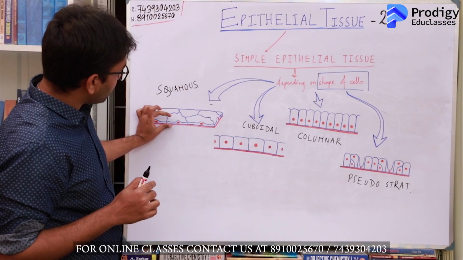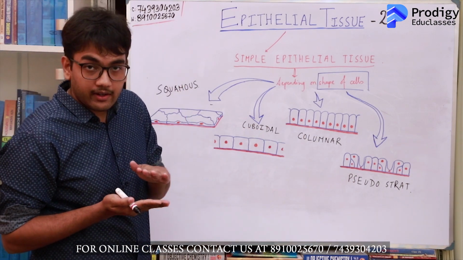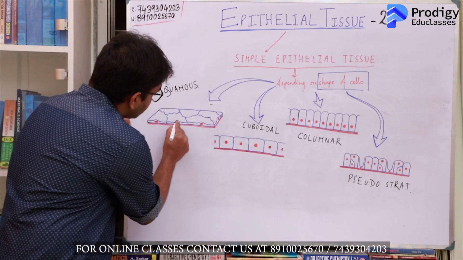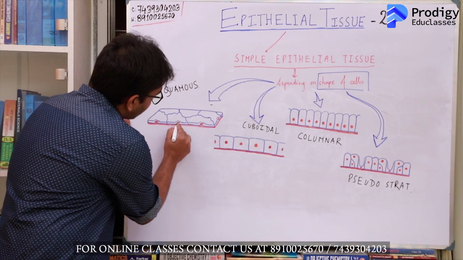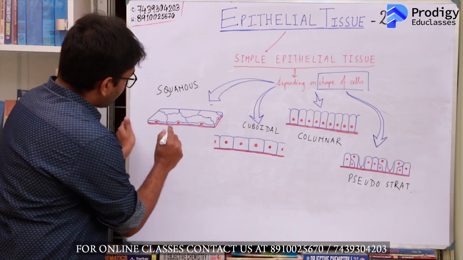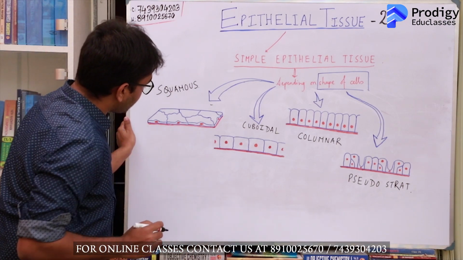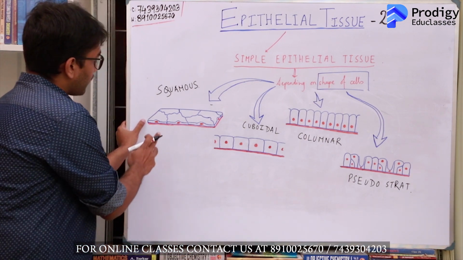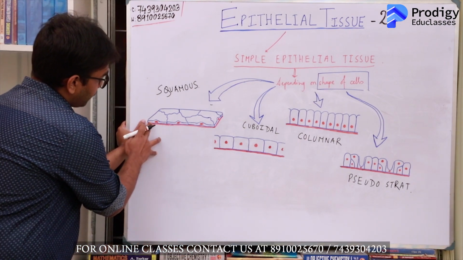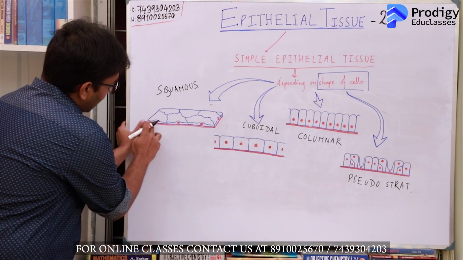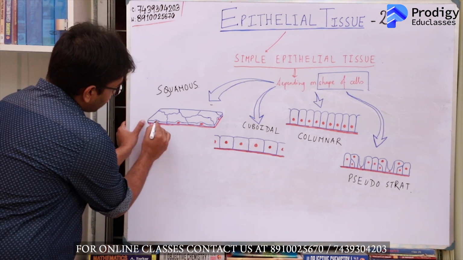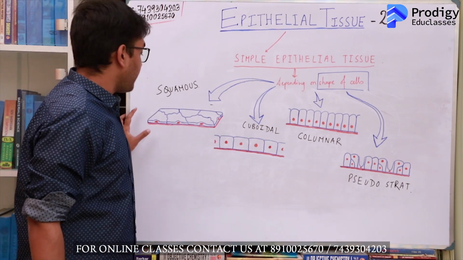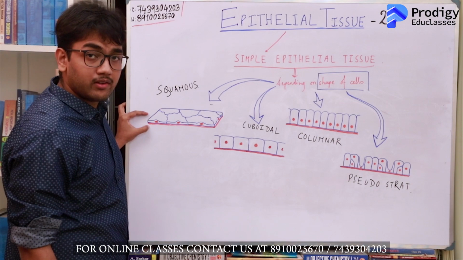If you look at these cells, you'll find that the cells have been flattened to such an extent that you'll find surface bulgings on the surface where the nuclei will be present. So surface bulgings will be present on the epithelial tissue, denoting the presence of the underlying nuclei. So look at this diagram. You have flattened cells with flattened nuclei, and yet the nuclei produce surface bulgings, and all of the cells are directly connected to the basement membrane. Hence this is a simple squamous epithelial tissue.